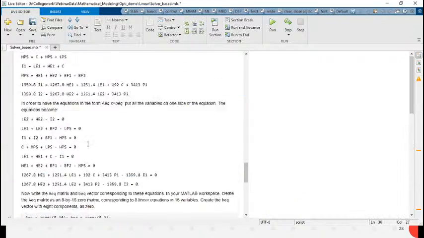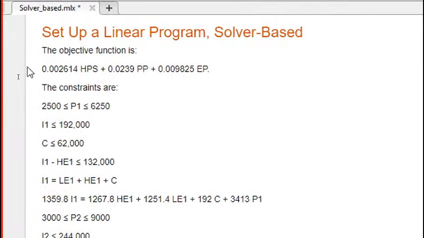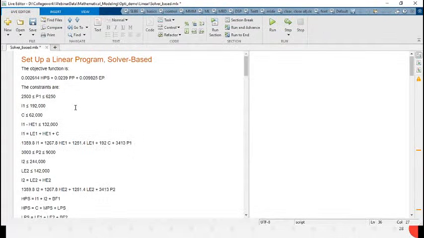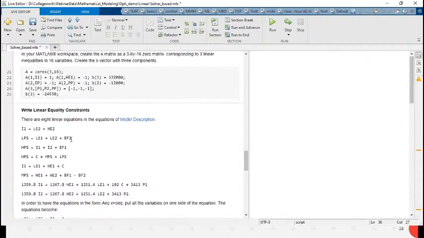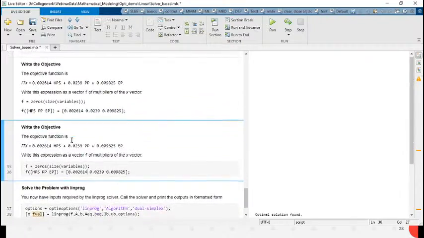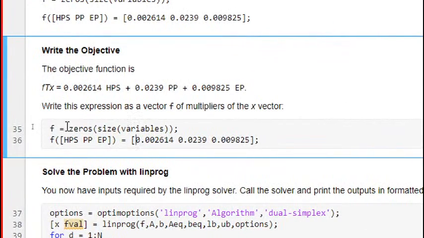So let me jump there. In the objective function above, you see that we have 3 parameters only. It means the remaining parameters have 0 coefficients, but if I am using solver based, we have to define those 0 coefficient parameters as well. So always remember, you see how for whatever variables we have, we are creating the 0 of that, and whatever parameter coefficients we have of SPS, PP and EP, we are providing here. So when I execute this,